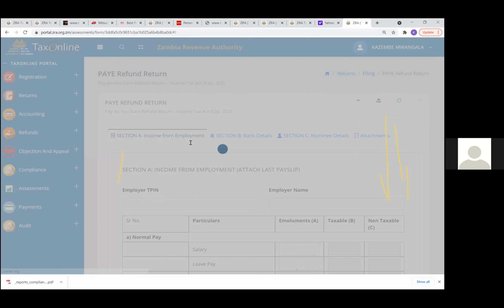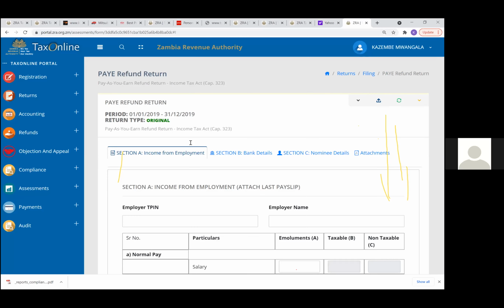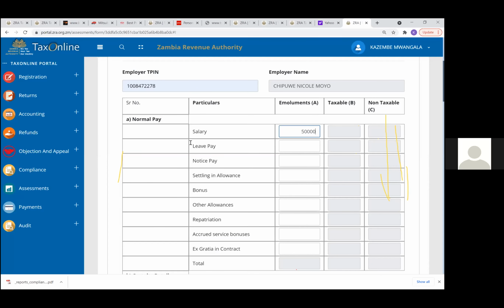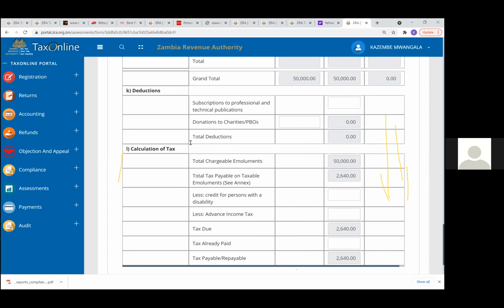That will be the salary. And they will have a tax already paid of 2,640. And when we introduce a credit of 3,000,